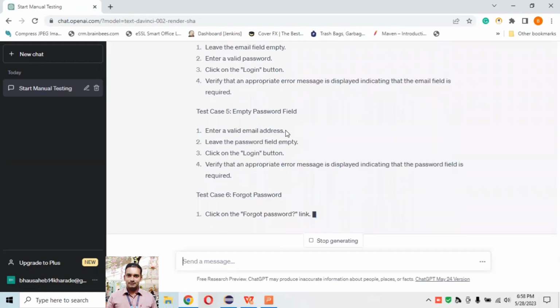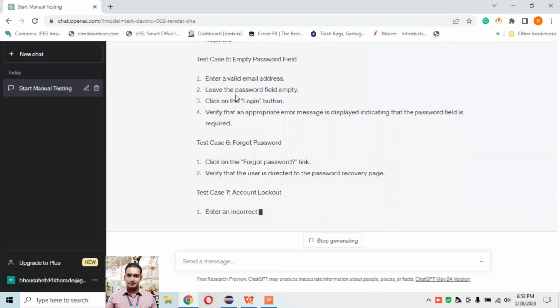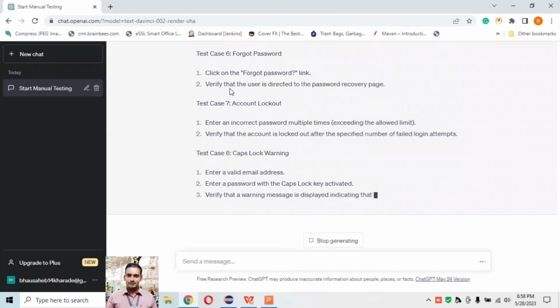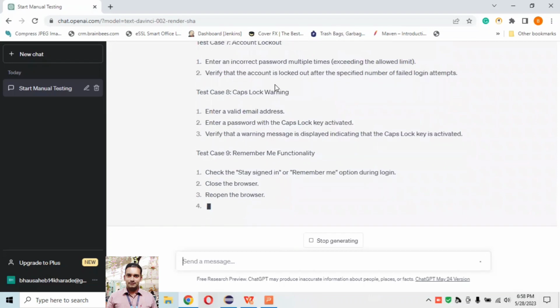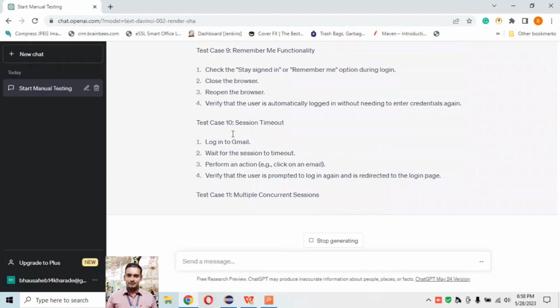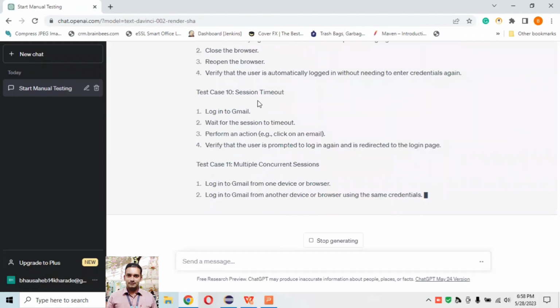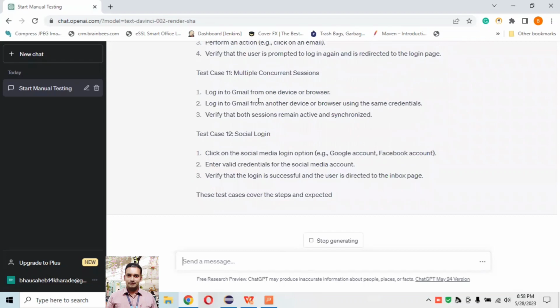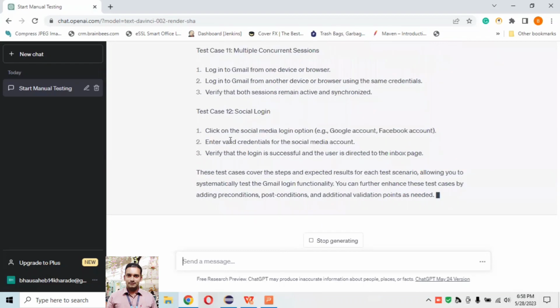Okay, how easily it converts, like enter the valid email, leave the password field empty, and then click on the login button; click on the forgot password link, verify that users are redirected to that page or not; close the browser, reopen the browser, everything. It's like generating all your test cases step by step. Okay, if you don't want this type of explanation in this format,